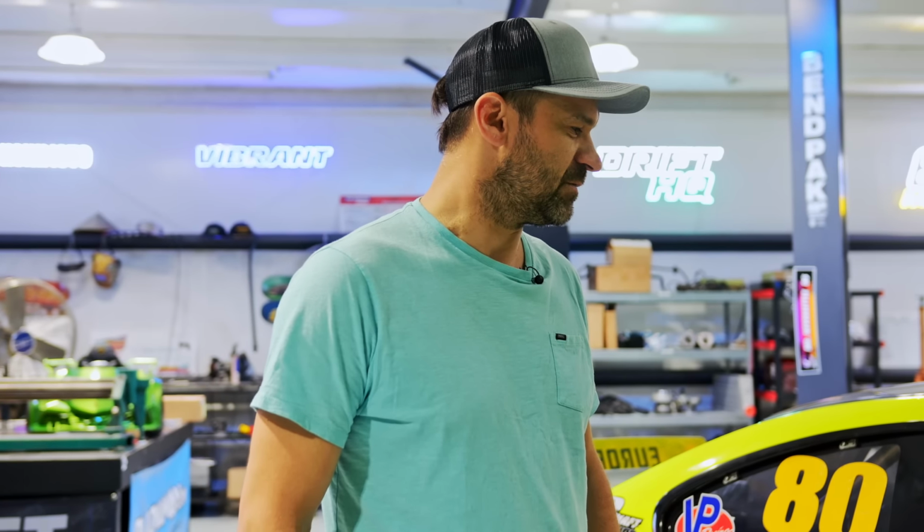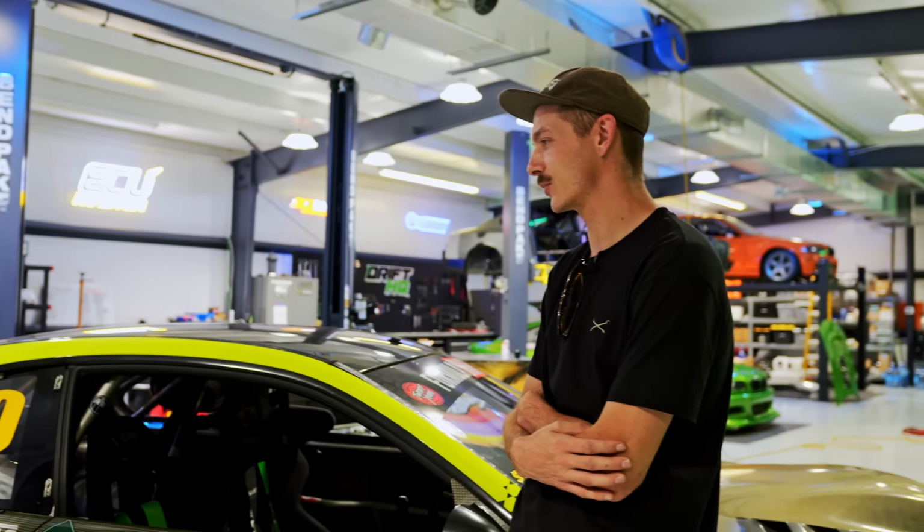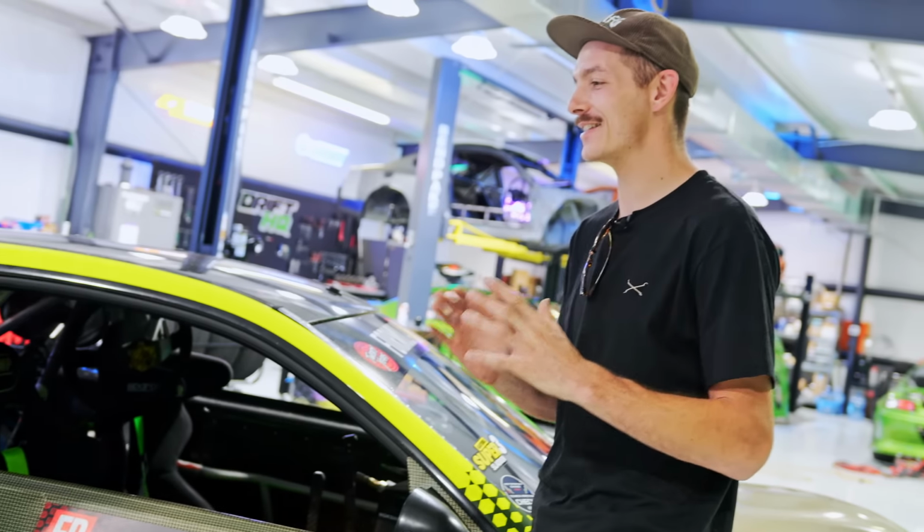So we're just going to keep it as it is because it has some nice history and a lot of good memories. I think one of my favorite memories with this car was seeing it rip up the hill at FD Atlanta. I had never wanted an LS engine, but when I heard this thing, like...